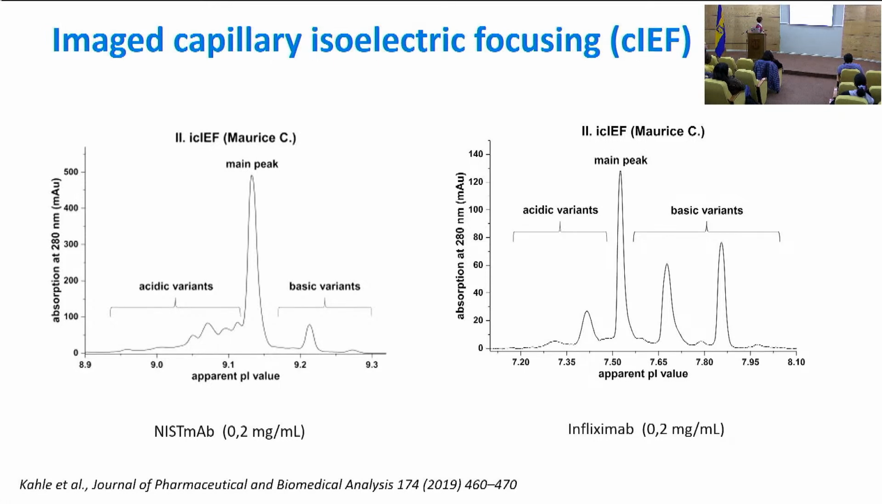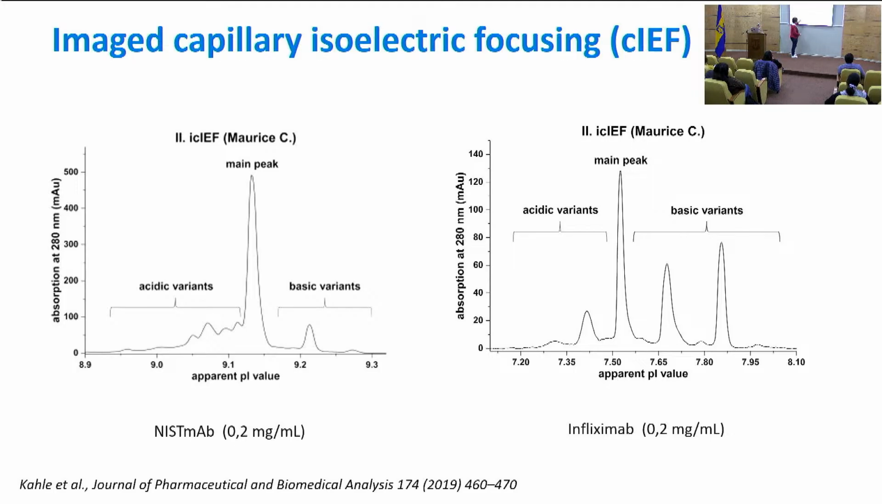You can see here the different types of profile obtained. So here is the main peak, and exactly as described with IEX, you have on the right the basic variant, on the left the acidic variant. And like this, you obtain a profile that could be used for identification. That's why I said it's good for identification. Here is a map, a reference map,